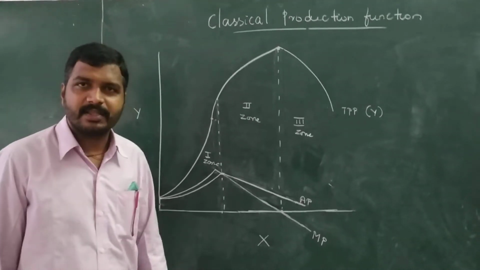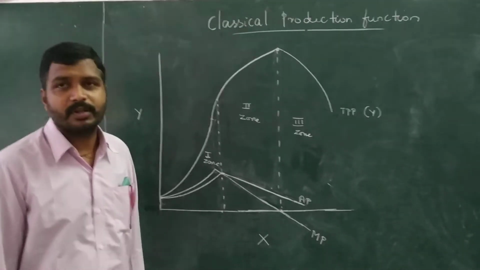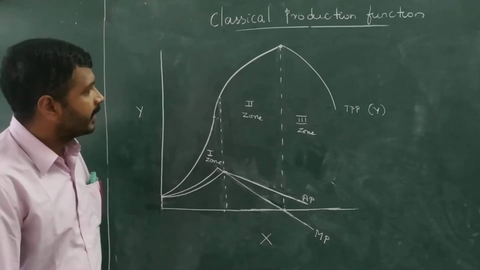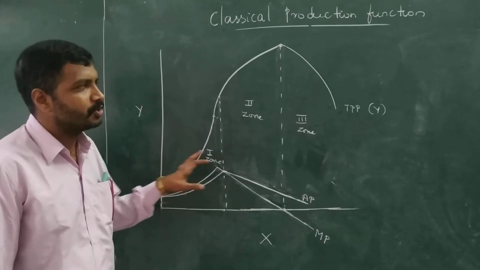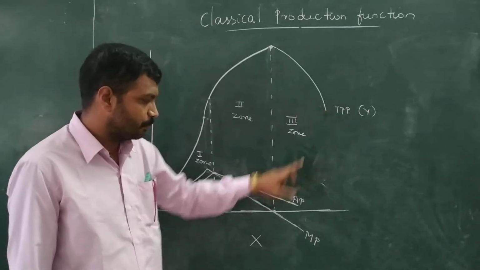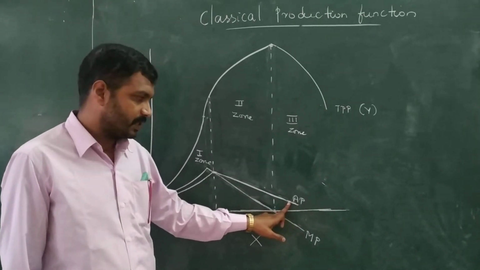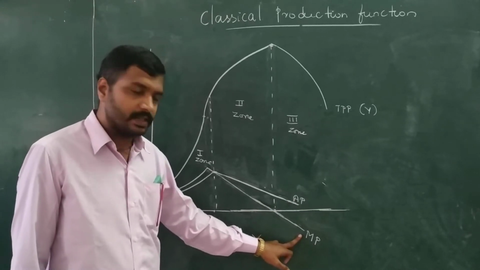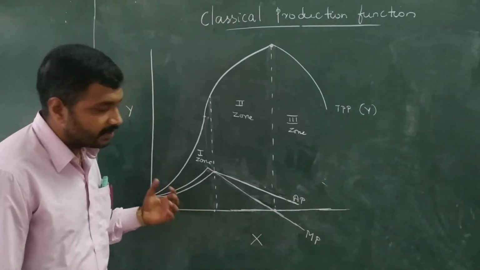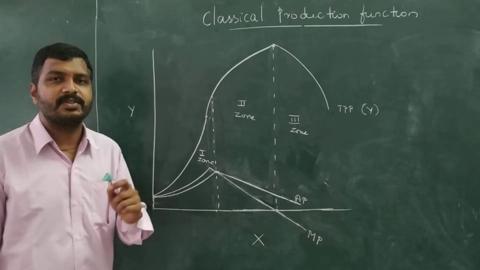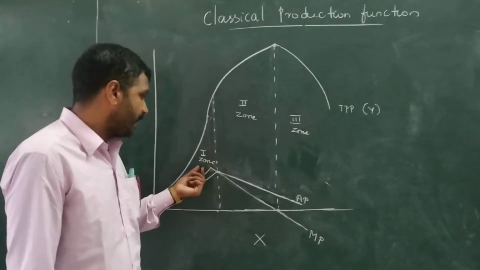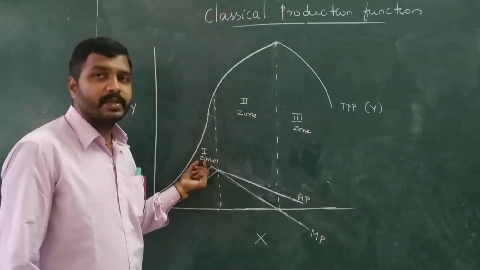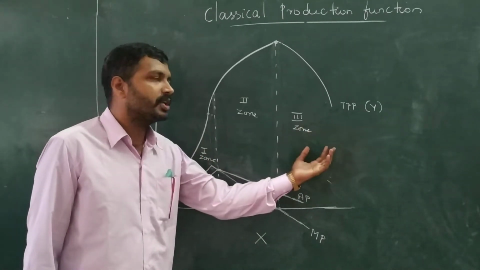Okay, in the last class we were discussing classical production function, and you have understood the typical nature of TPP, how APP and MPP used to be, and in addition to that we have discussed even how the elasticity of production used to be. And in the last class we stopped where we said how best this classical production function can be understood, means